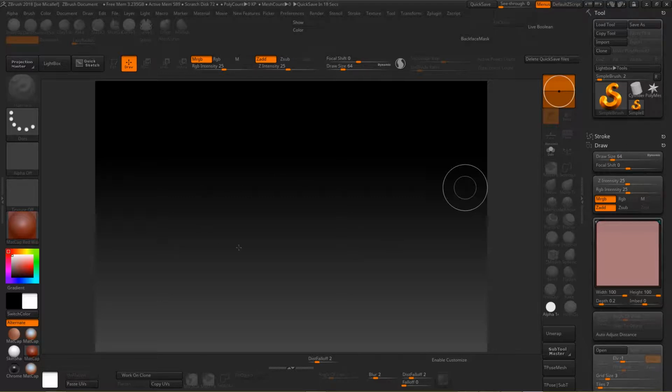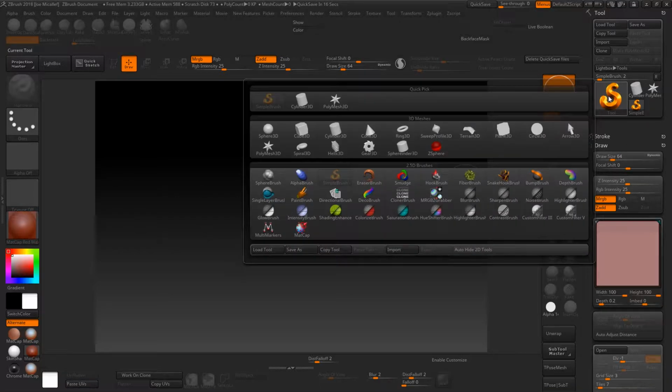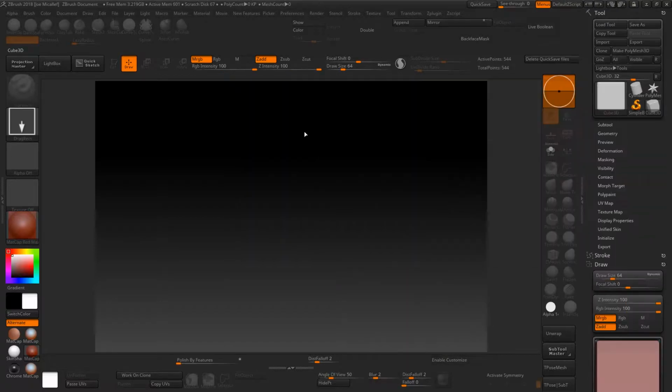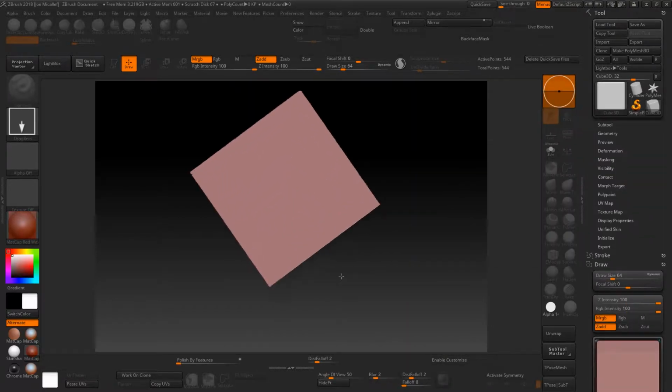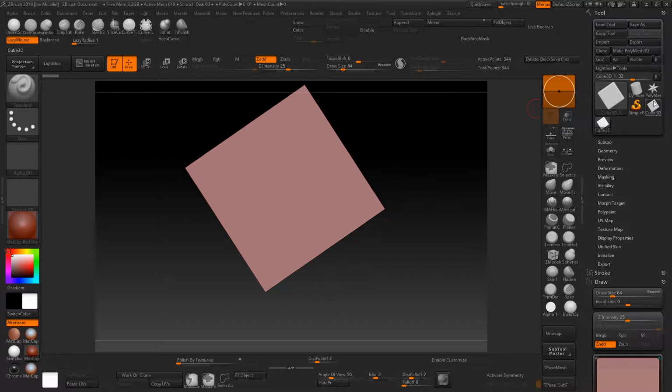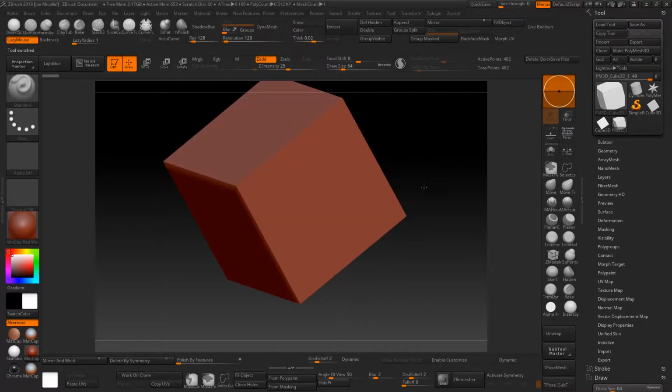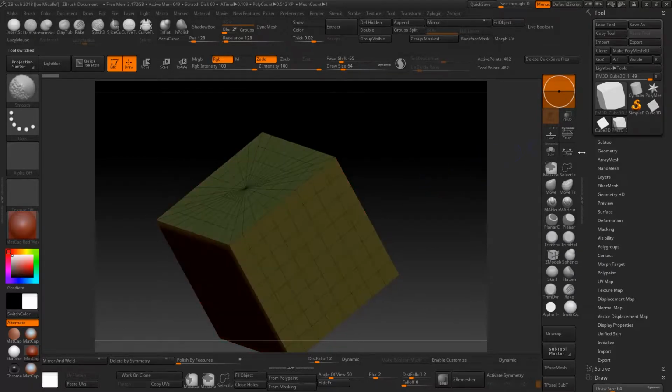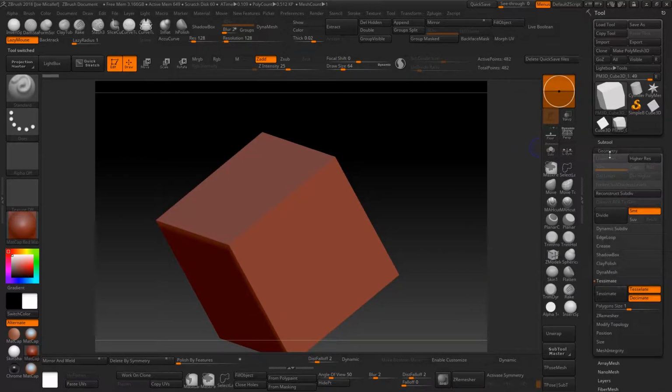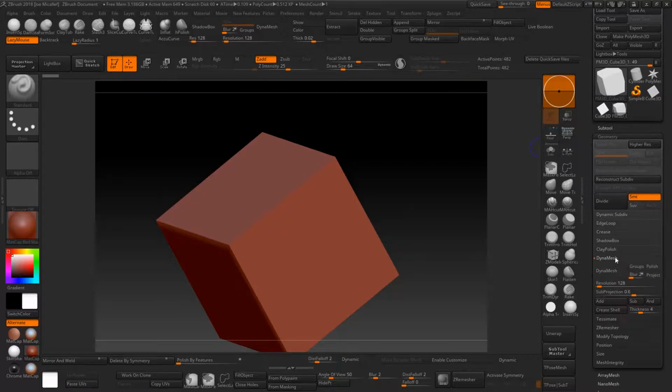So first I'm going to have a model here that I want to apply Spotlight to. So I'm just going to select a 3D cube, drag it out, hit T for edit, and make it a polymesh 3D. Right now you can see the resolution is low, so I'm going to raise that up by going into geometry and clicking on Dynamesh and raising that Dynamesh resolution up a little bit. Here it is at 384. Click Dynamesh,